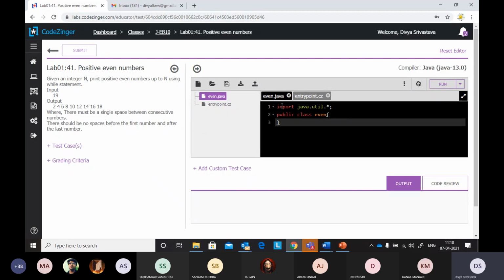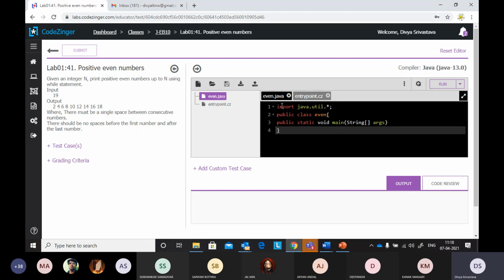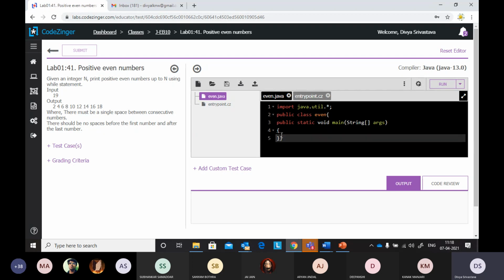What is the next statement that we use? public static void main, then String type of array, and then the name of that array. These are the compulsory lines that we have to write for every program. Now for taking input, we make an object of which class?